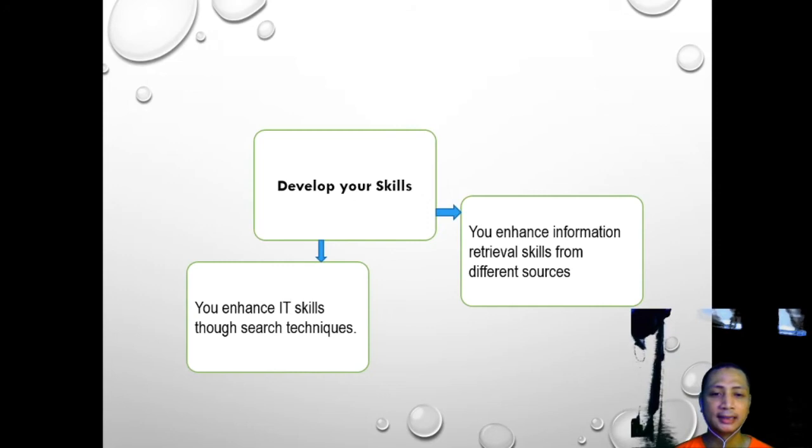You enhance information retrieval skills from different sources. So here, because there are a lot of journal publishers and hosts that provide a lot of articles that we can access at any time. There are so many open access journals, open access books as well, but we can access them all only through IT skills. IT skills here are